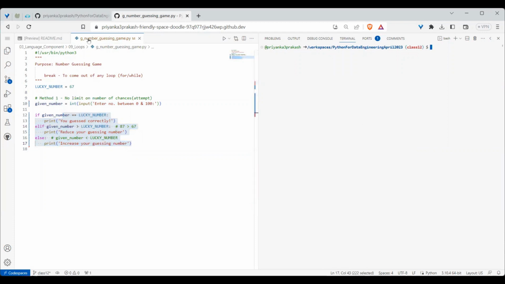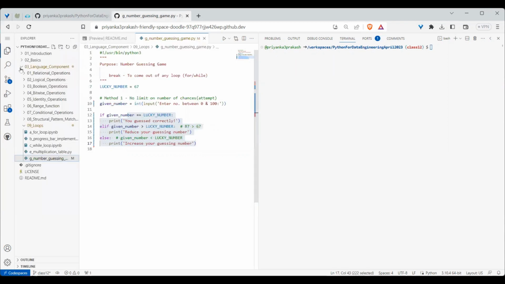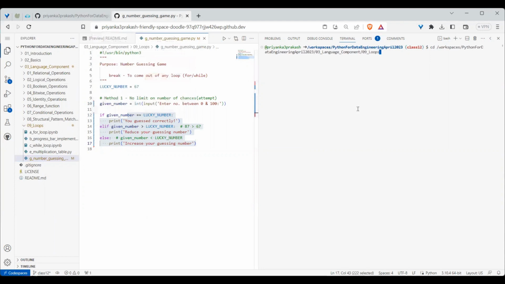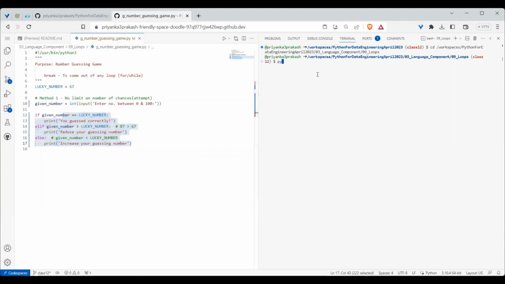So how to execute it? We need to navigate to this directory. So either right click, copy the path, go to this directory. It's not mandatory that we should go to the directory every time, but it's a best practice. So if I go here, Python space,